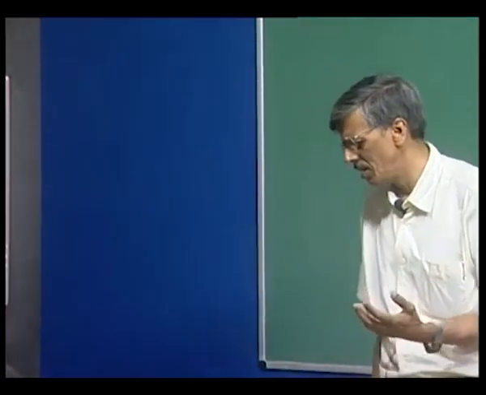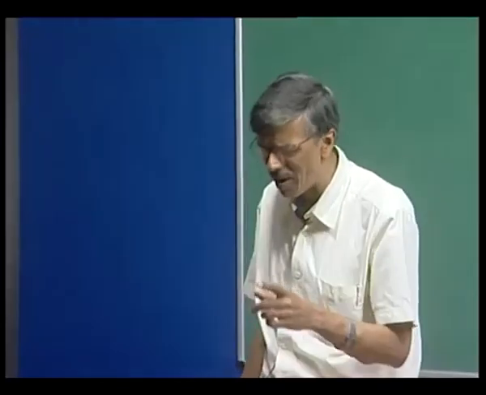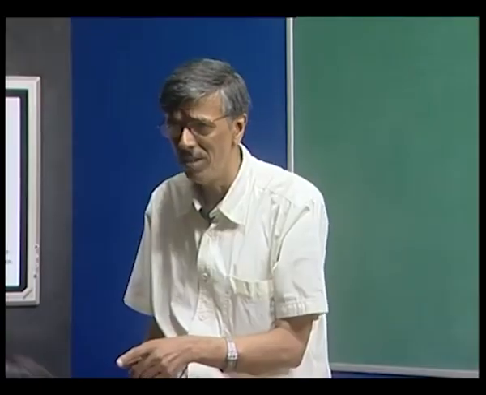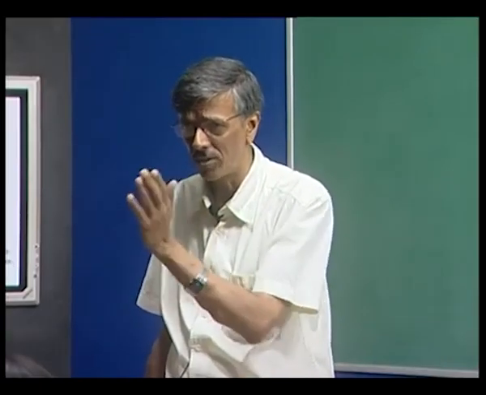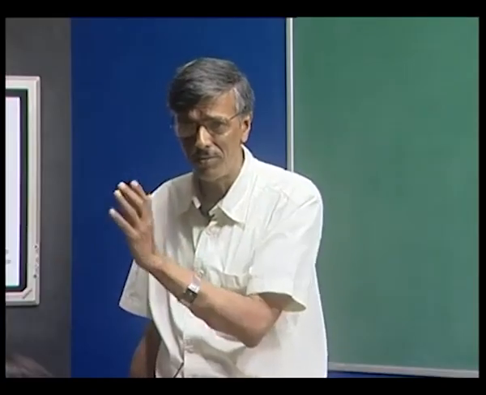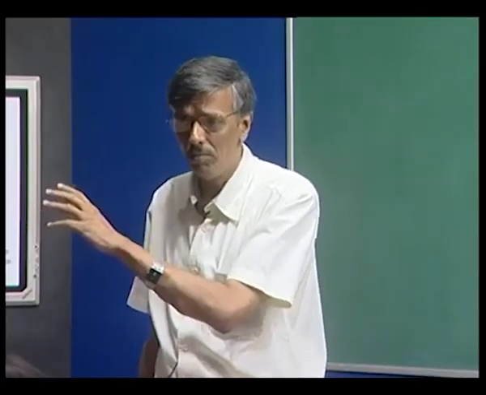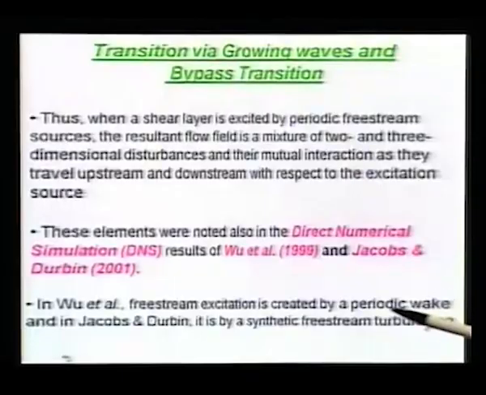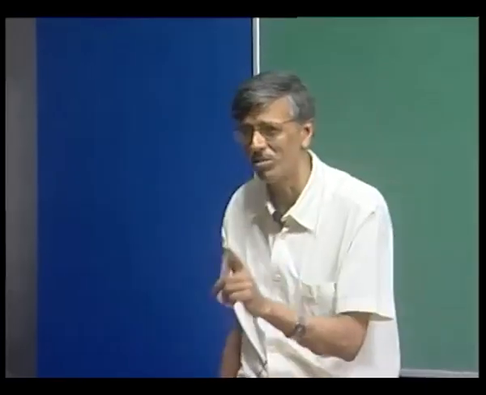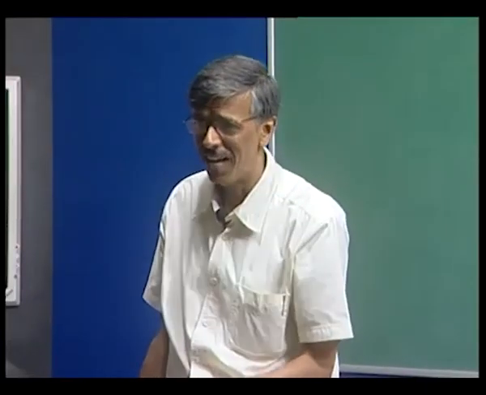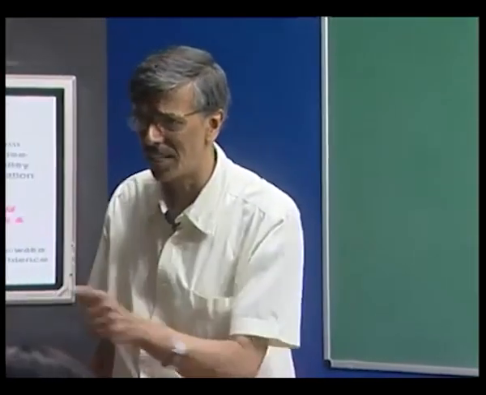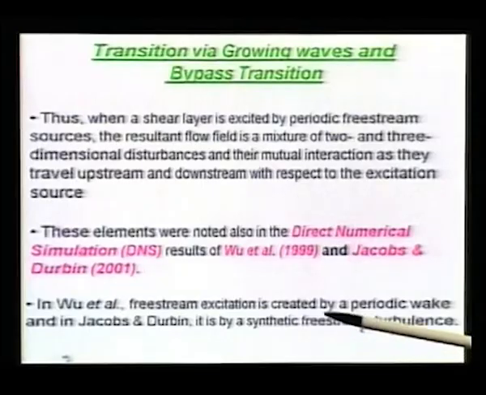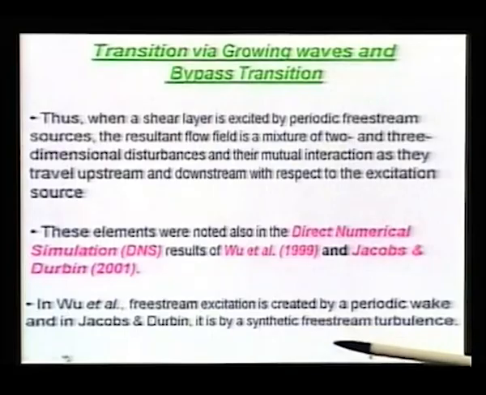But please do understand that they were basically talking about those modes along that alpha I axis. Remember, we talked about the anti-Stokes line on the right half plane. We have alpha R positive, and on the alpha negative we have these two kinds of things. So Jacobs and Durbin's work actually talked about some disturbances which lie along the alpha I axis, and we discovered its eigenstructure, that it will not decay. It will not decay. So it's really a kind of synthetic free stream turbulence. Many of us do not agree with this way.